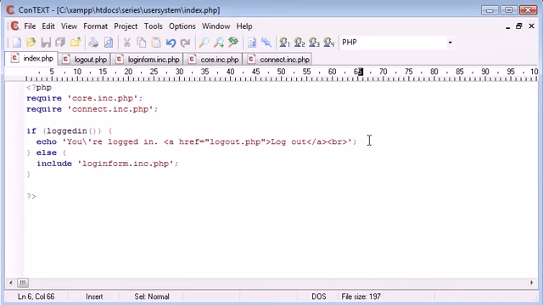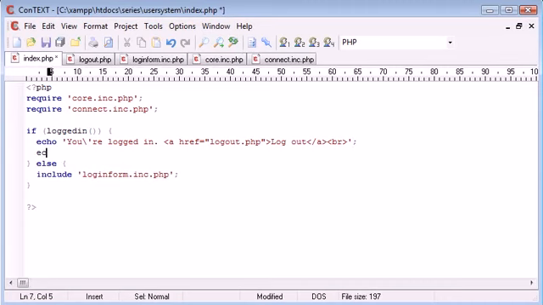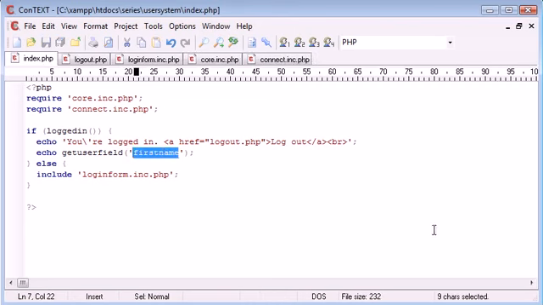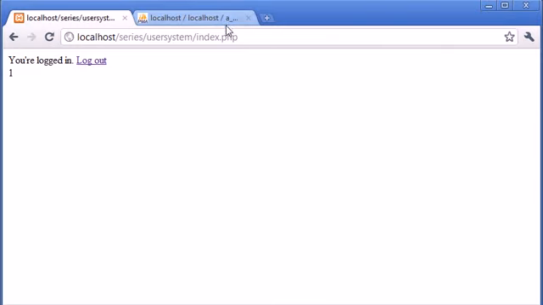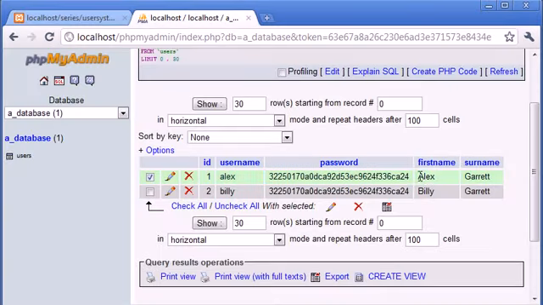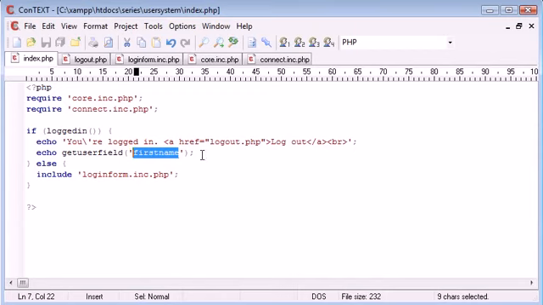Let's say, we'll just do it down here for now. So I'm going to echo get user field, and I want to get first name. So we're applying now the field name that we want to get. Remember, the field name first name will be equal to Alex in this case, because we're selecting from where the ID is 1. Okay, so let's test to see if this works,